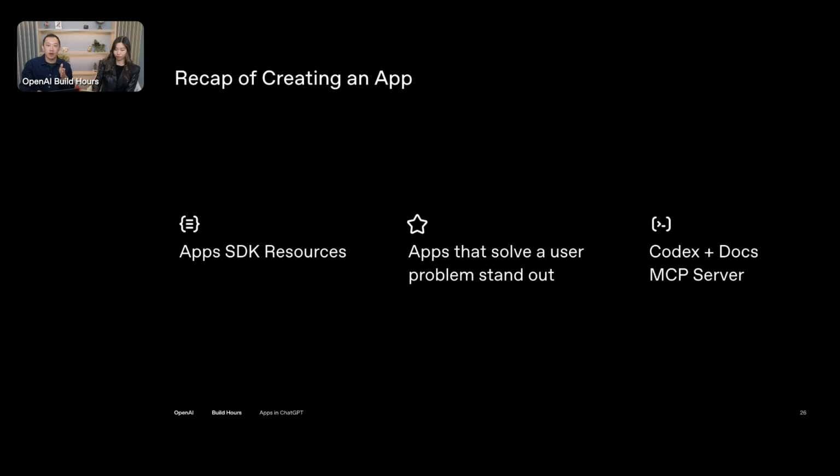As well, we have apps that solve a user problem that stand out. So we haven't touched fully on this yet, and I'll get to it in the next few slides, but part of building an app is not just building to build, right? It's building for things that land and that really solve people's problems or provide them with some utility. So I'd really recommend thinking about how your UI, your model bringing in some contextual data, or the user's turns in flow provide a really enriching experience. Things like post-game analysis, things like bringing in live data from an AllTrails platform. So yeah, think about how you can really bring utility into an existing flow.